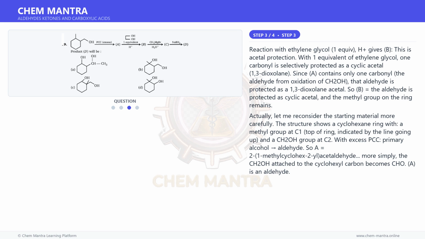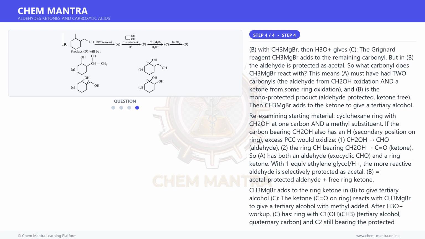So A is an aldehyde. The CH2OH attached to the cyclohexyl carbon becomes CHO. And for the final step, B with CH3MgBr, then H3O+ gives C. The Grignard reagent